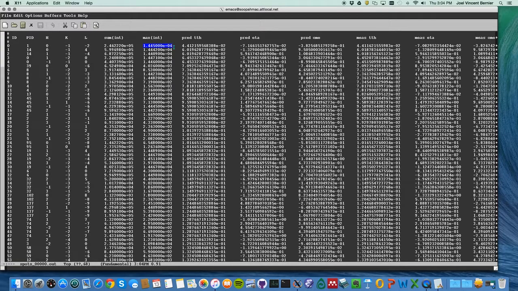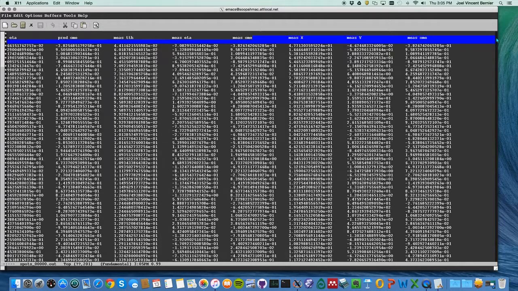By default, when it does the fit, it is set up right now to exclude saturated pixels automatically based on a threshold that you tell it. So I've told it in one of the detector files that 14,000 is the saturation threshold, so it doesn't use anything over 14,000. The next 6 columns are the predicted 2 theta, eta, omega, and then the measured 2 theta, eta, omega from the actual